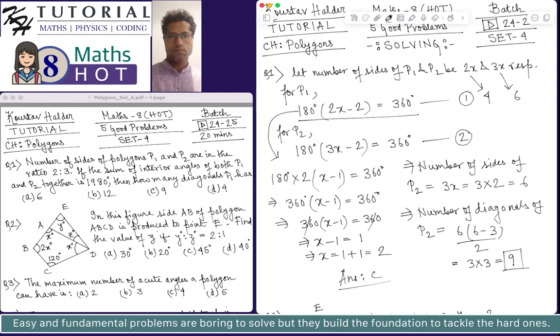The sum of interior angles of a convex polygon of n sides is 180 degrees into n minus 2. This is never equal to 360 degrees. So let me, this was wrong, it will be this, and for P2 similarly it will be this. So for P1,